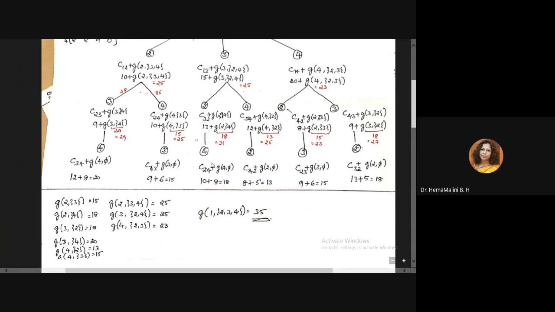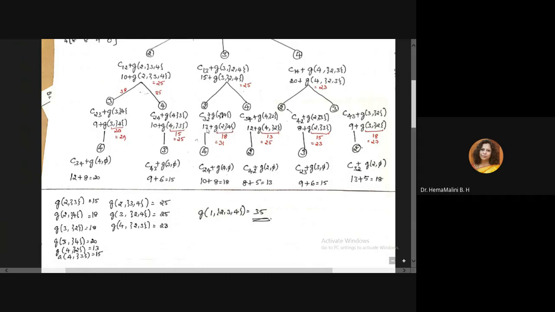Now, what is 2 to 4? That is G of 2 to 4. What is G of 2 to 4? 2 to 4, this value is 18.